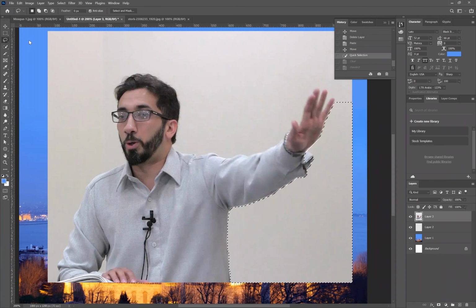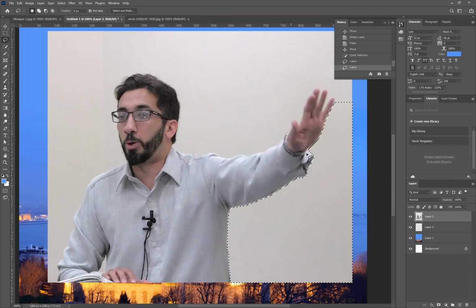So now I am explaining to you about the lasso tool. If you want to remove this area, like I want to deselect this area, the opposite of selection is called deselection. What you have to do is, with the help of the lasso tool, bring it here and hold down the Alt key. And then if you draw a small freehand drawing, it removes the unwanted selection which happened.